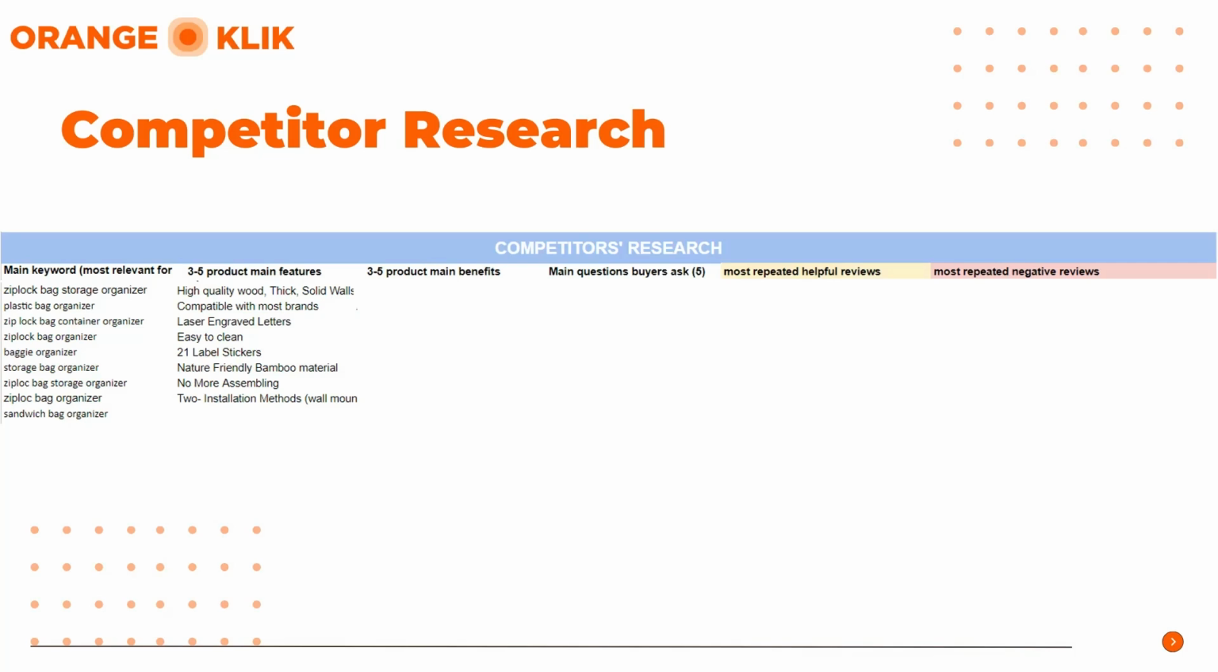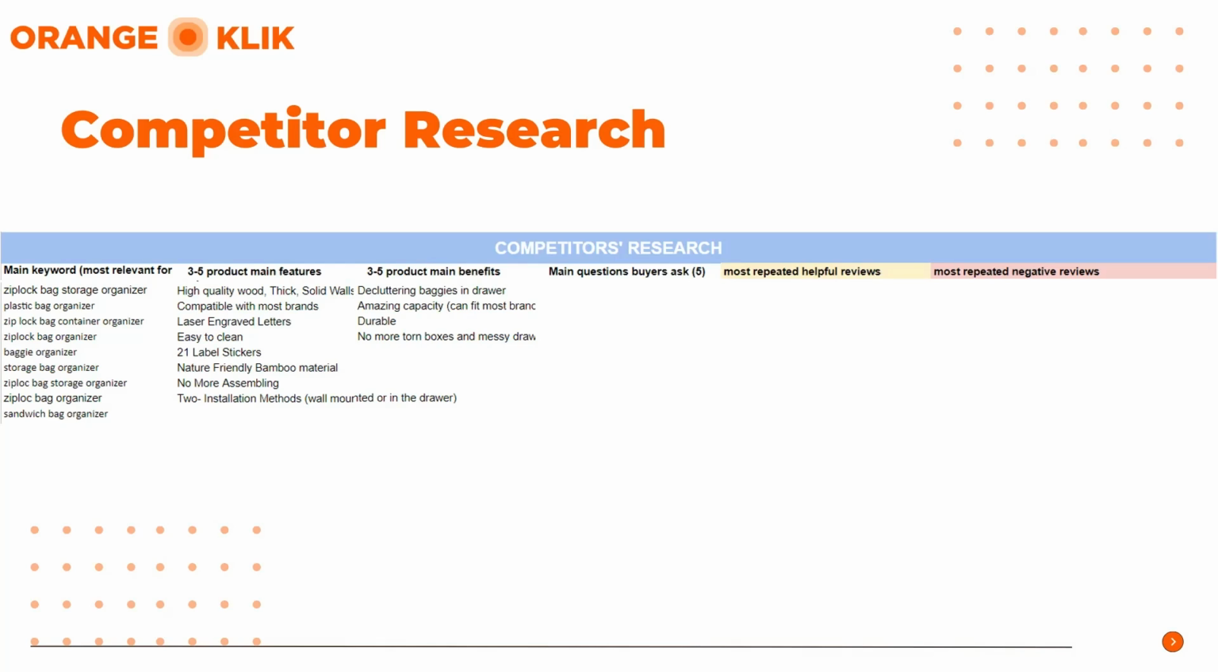Then, upon doing the competitor research, you will also be able to see the 3 to 5 product main benefits that they are offering. So first is decluttering baggies in the drawer, so it can be more organized. They are also offering amazing capacity and can fit most of the other branded types of Ziploc or sandwich bags. Durable, and no more torn boxes and messy drawer. They're really explaining how these can be of great service or can provide a solution to the existing problems of